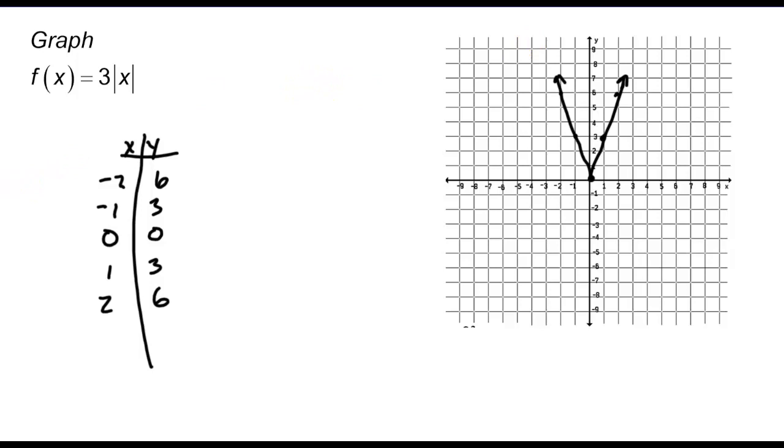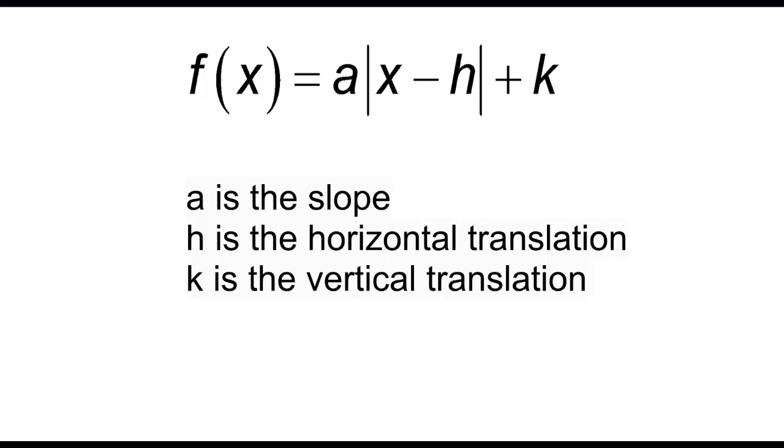All absolute value graphs can be written in the following form. F of x is equal to a times the absolute value of x minus h plus k. F of x is the same as y. So a in this case functions as a slope. If I look at all my previous examples,